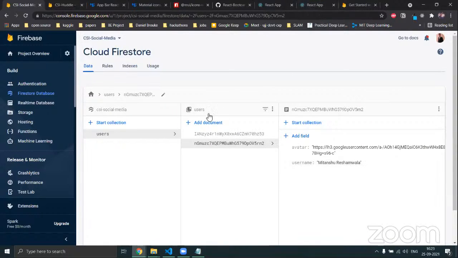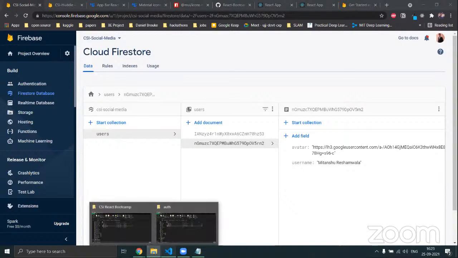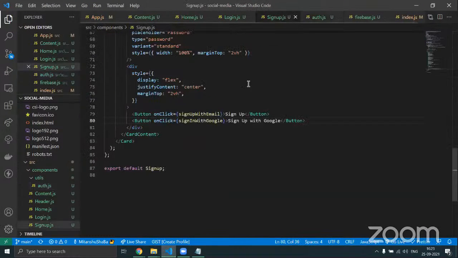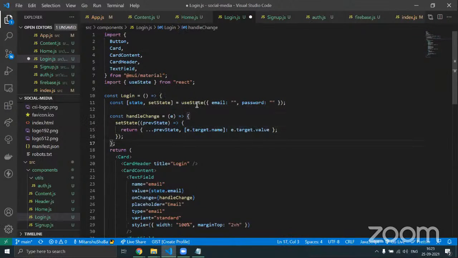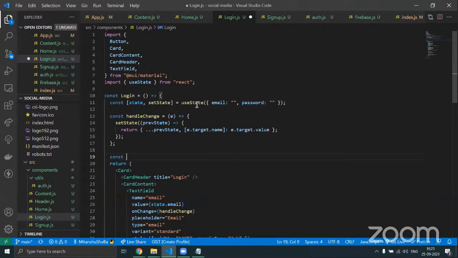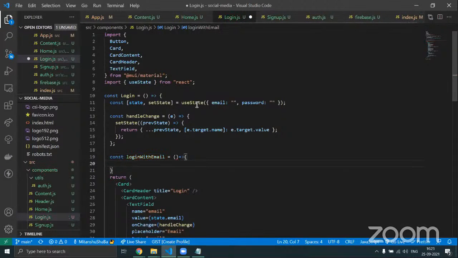Last that we are going to add is the login function. Okay. So let's come back over here. This is the sign up function. Last is the login function. So for that, we are going to be using a new function called const login with email. All right. And what it will require is login with email from, okay. So for this, the import that we require is for login, it is